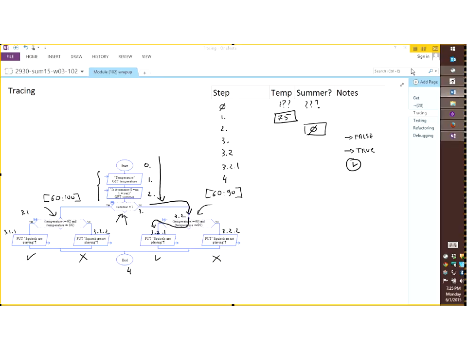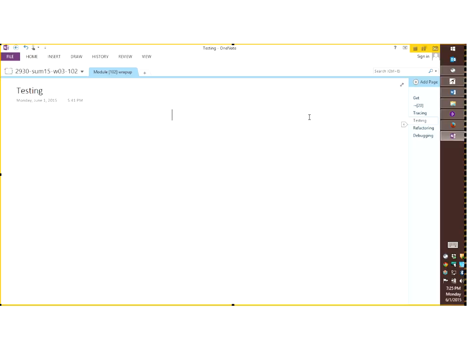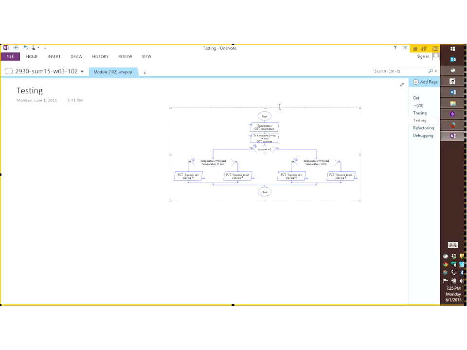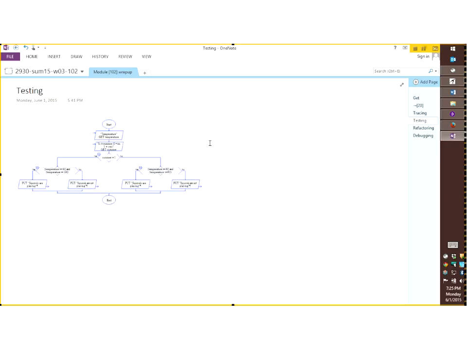Let me make sure I didn't forget anything that I wrote a note on to mention. No, we're good. So this is testing. Now this is tracing. Now let's talk a little bit about testing. So let me grab real quick, I'm going to copy back this Palo Alto Squirrel example. Okay, so this is the same code. It's not a new code. It's exactly the same program.